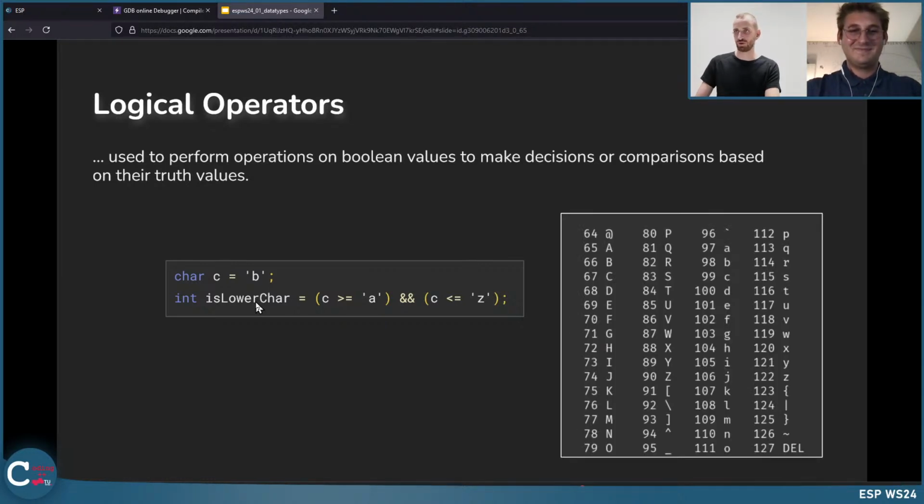Why does this work? So we've seen before the ASCII table, we have here a B, and this B is just another representation of the number 98. The A here is just another representation of the value 97. So you're basically comparing here 98 is greater or equal than 97, and 98 is smaller or equal than 122, because that's the set.